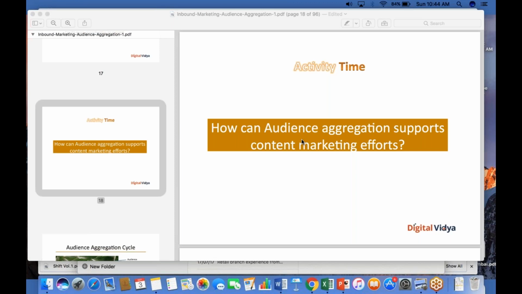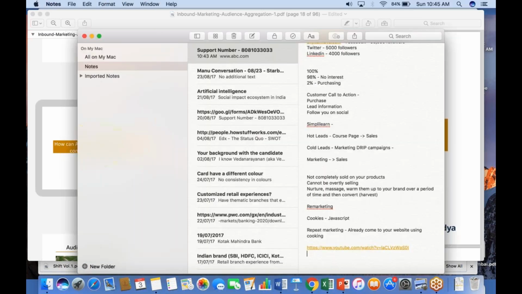So Kaushik, that's an interesting point that you've raised. Here's the thing. There are a couple of different things that audience aggregation through content marketing gives you, a couple of objectives you can solve for. One is a marketing objective, which is you get a stronger understanding of your customer's demographic profile, customer need state, etc., as a result of which you're able to send more targeted campaigns and targeted communication.